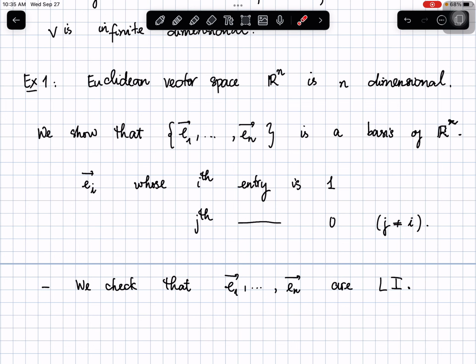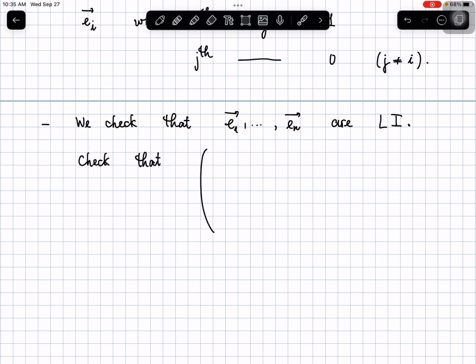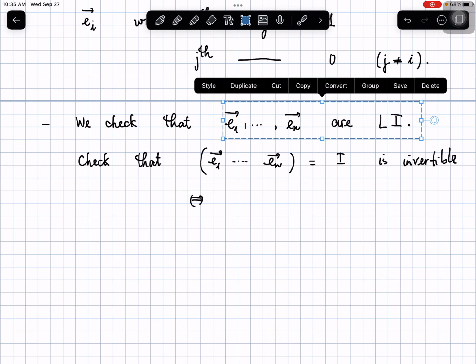Before, we didn't know about the dimension yet, but we know these are Rn column vectors. So we have n column vectors. We just need to check that the matrix [E1 ... En], which is the identity matrix, is non-singular, invertible,